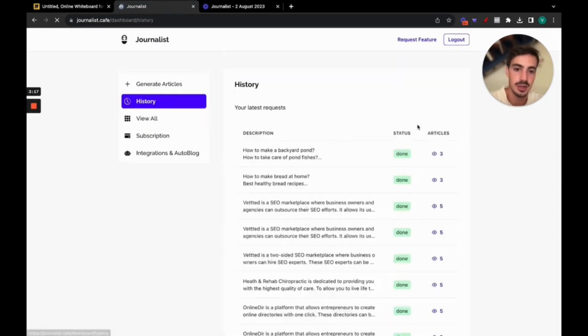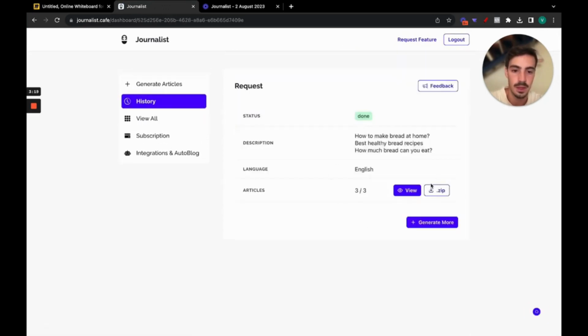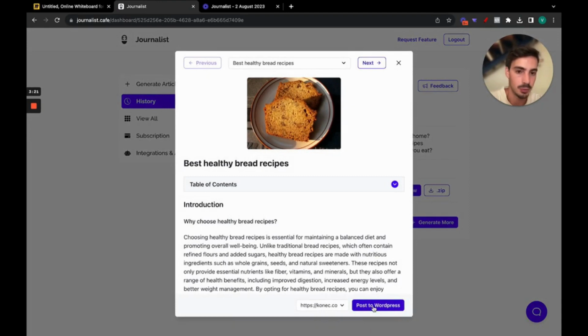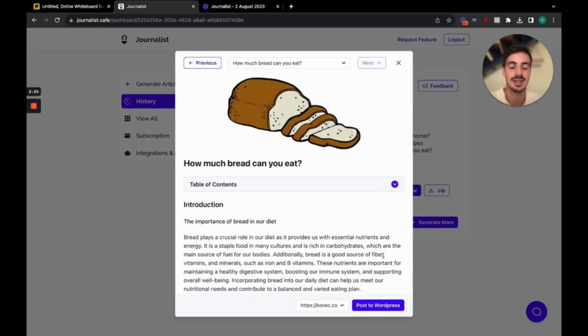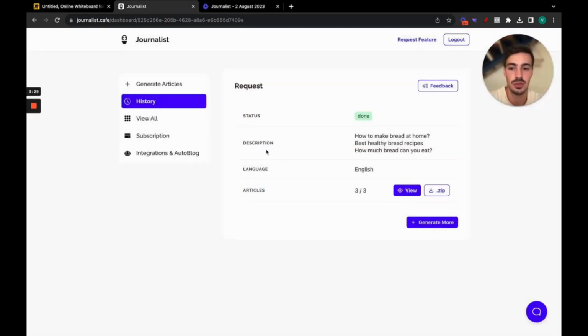But what you can do again is go here, click view the articles again, and then just post them to WordPress, right? Go through all of them, post to WordPress, go through, post to WordPress. That's the semi-automatic way. Now, a fully automatic way is you go again to integrations on a blog, connect your